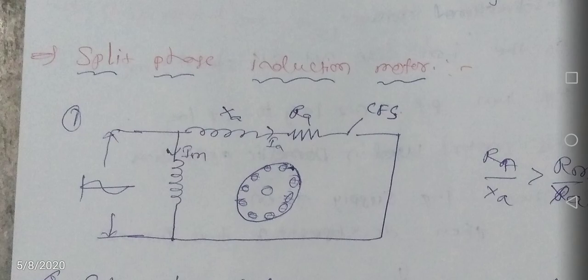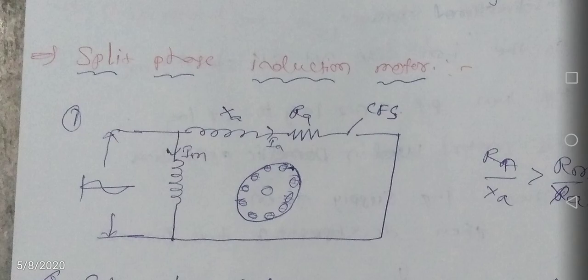So actually here the main winding is inductive in nature, and the auxiliary winding is also basically inductive in nature. But if both the windings are inductive in nature, very important, then the IM and IA current vectors are in the same direction, so there is no angle between Im and Ia. The alpha angle is 0 between Im and Ia.